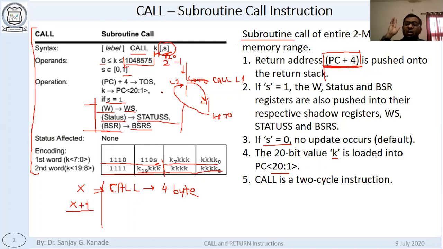So instructions are always going to be written on even addresses. So to ensure that, the LSB of program counter is made 0, right? Okay. And this call is a 2-cycle instruction. It is also a 2-word or 4-byte instruction.